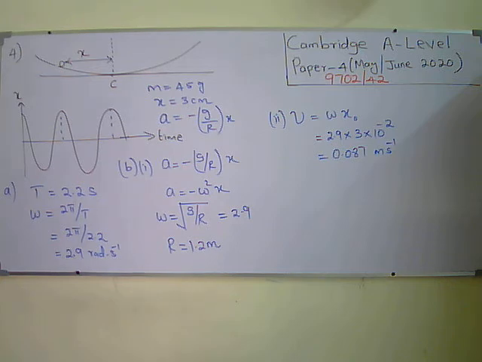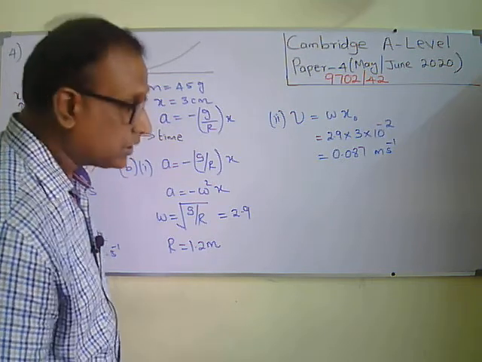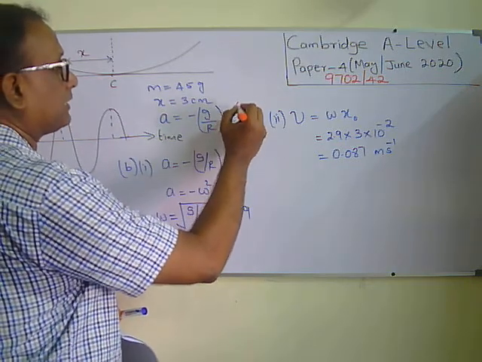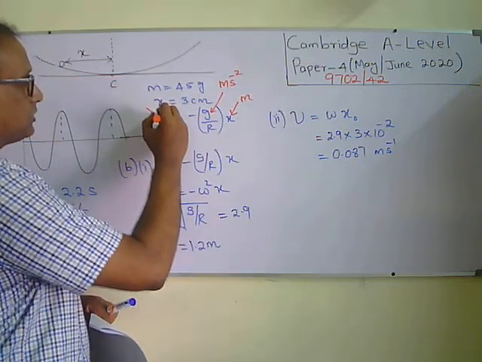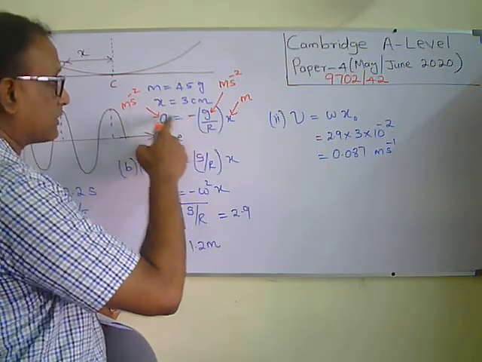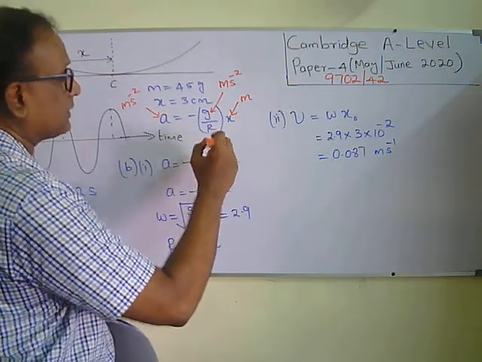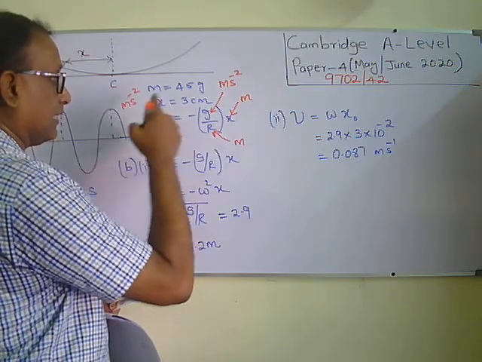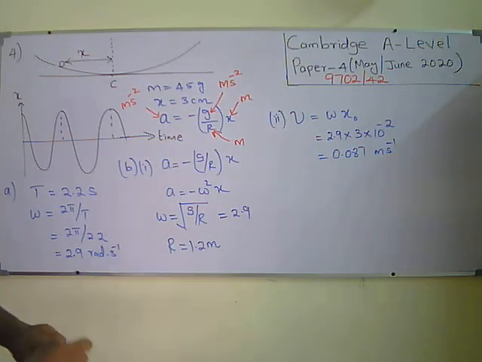It's another common question. Students ask, how do I know the unit of r is meter? You know the unit of a is meter per second square. This is meter, this is already meter per second square, and this unit also is meter per second square. Left and right, on either side of the equal sign, should have the same unit. So this is meter per second square, this is meter per second square, and this is meter. So this should be meter. Then this meter and this meter will get cancelled, and both sides of the equal sign will have the same unit.